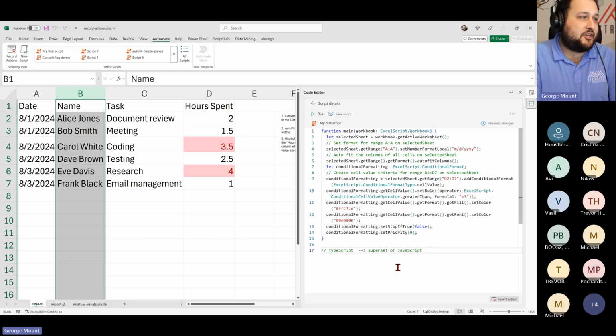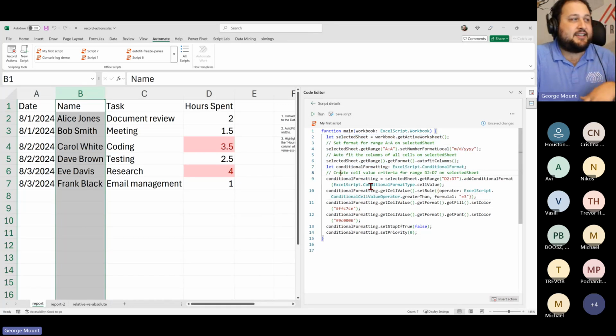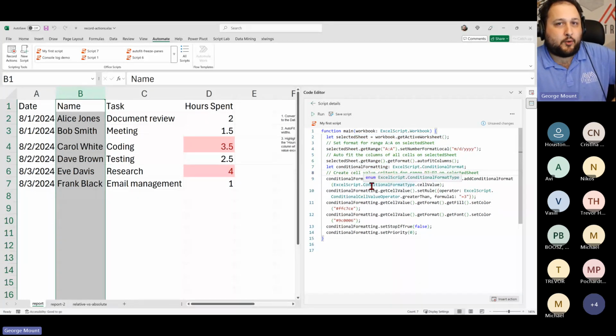So that's just my prediction. All right, and this is the code that gets generated. We're not going to do a lot to actually edit this. We might in a little bit, but you'll see that all of our scripts are going to start with this function main. We're going to set up all these different steps, and this does set up some comments for us, so we can kind of understand what we're doing here.